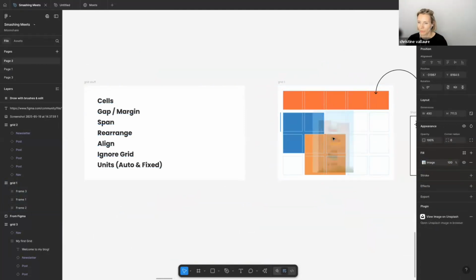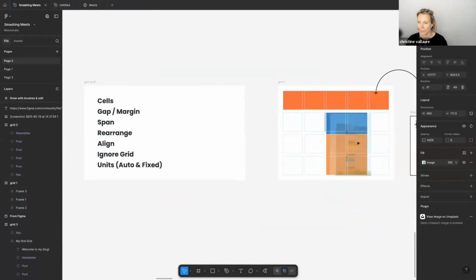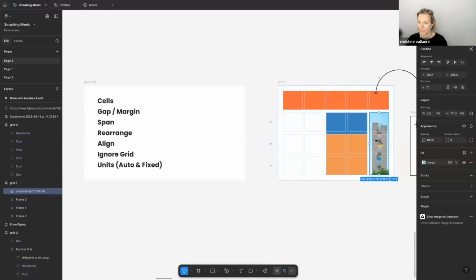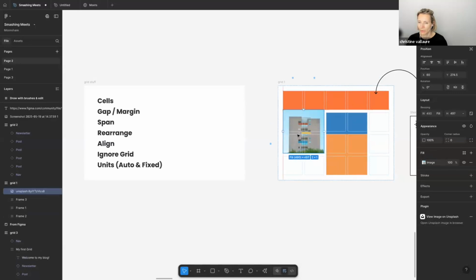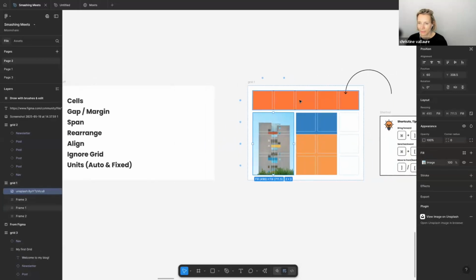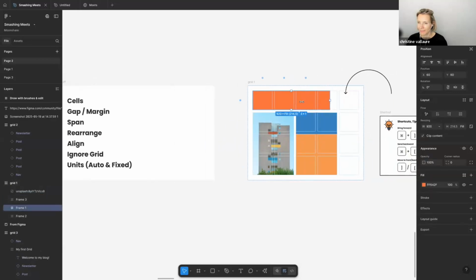You can literally just drag your elements around the canvas. And then you can also see that a lot of the time, if you have more, it will just create new cells, and you can just drag them however you want them. The aligning, actually, this was something that's very obvious, but it's something I didn't understand in the beginning. So you might also be tripping over this one. So let's say we have this,